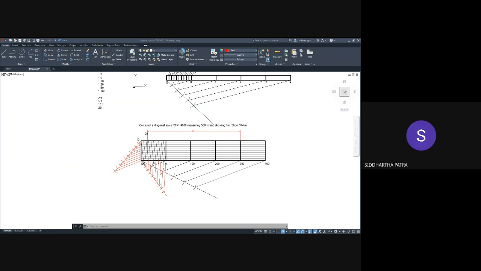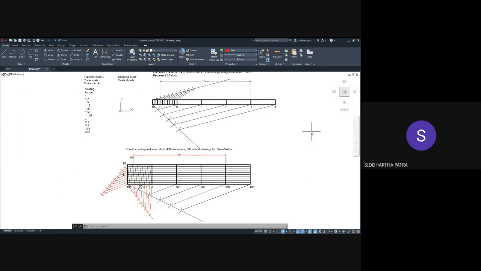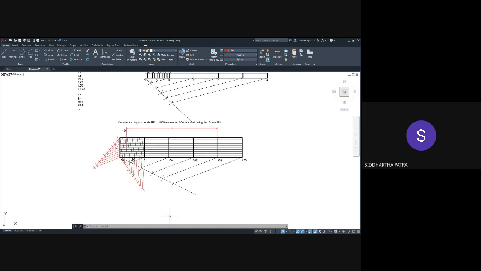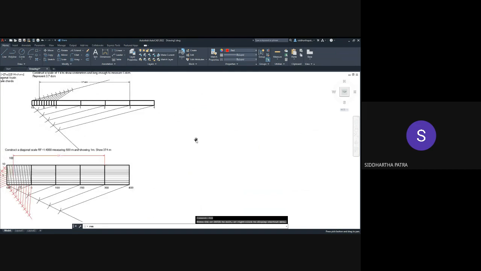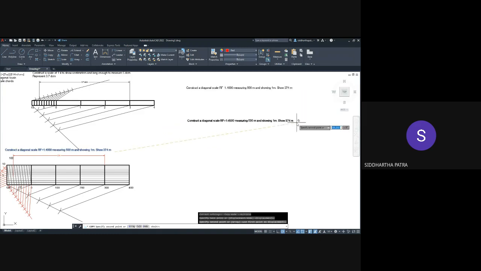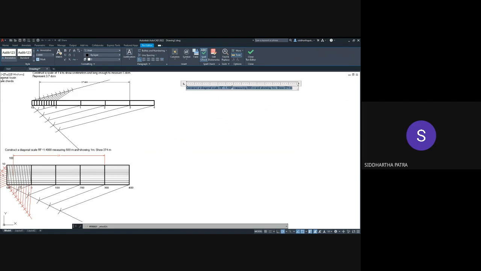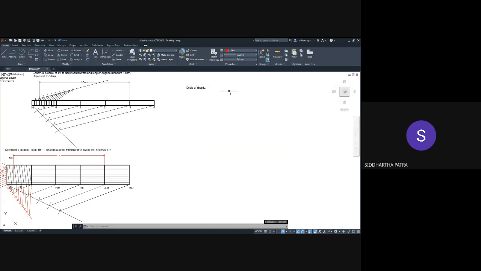Next, you would look into the scale of chords. তাহলে এর জন্য আমরা কি করব? We would take a line